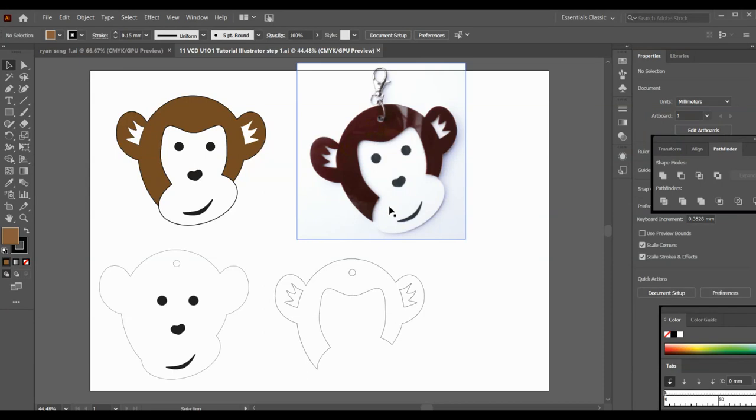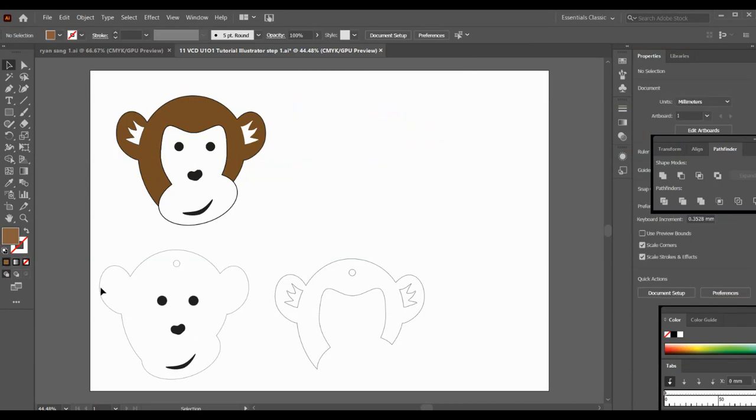Okay, so what I'm going to do now is delete all the information that I don't need, so I just have my picture here. I've locked my image into the background. Now with Illustrator, you want to make things as easy for yourself as possible so you don't have to try